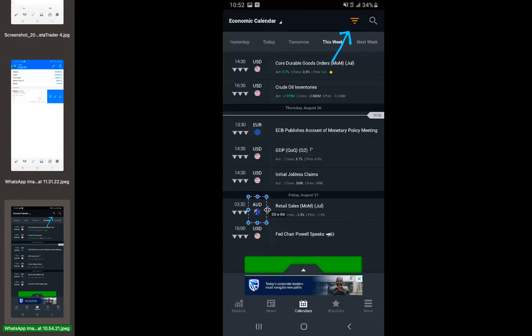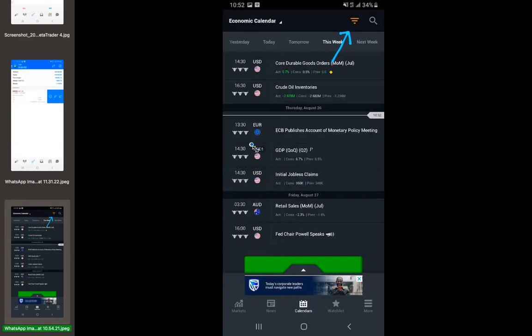So in this case, we're going to get the Australian dollar and pair it with USD. So for this particular news event, we're going to be trading AUD USD. That's how we pick a currency pair. Then for news events that are happening in the US, like these two here,